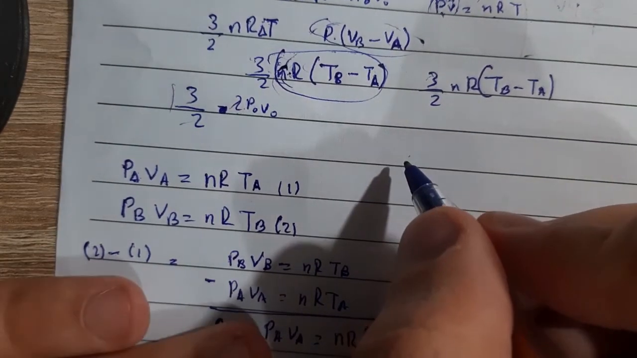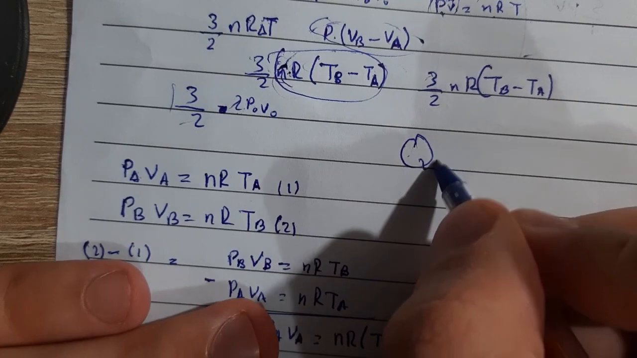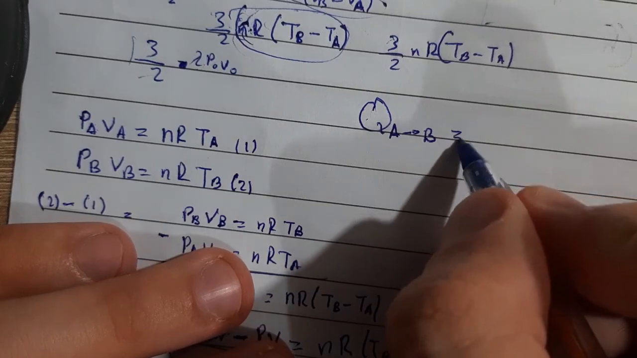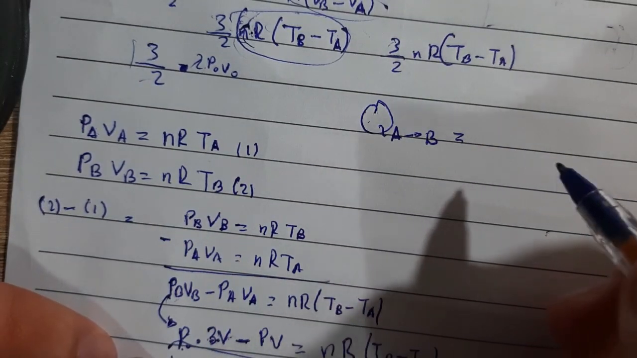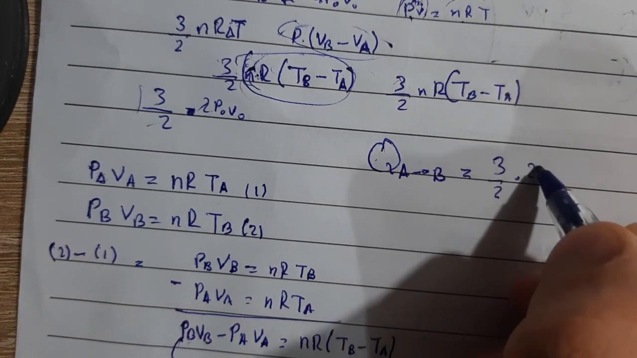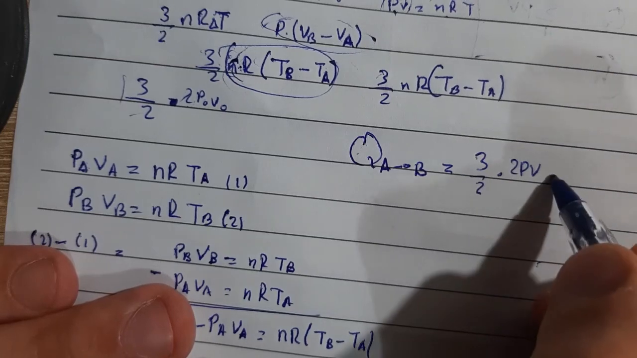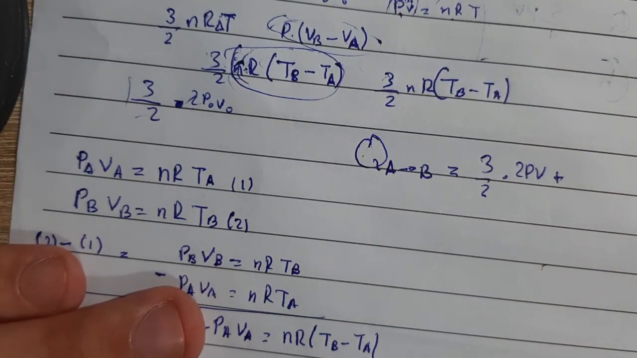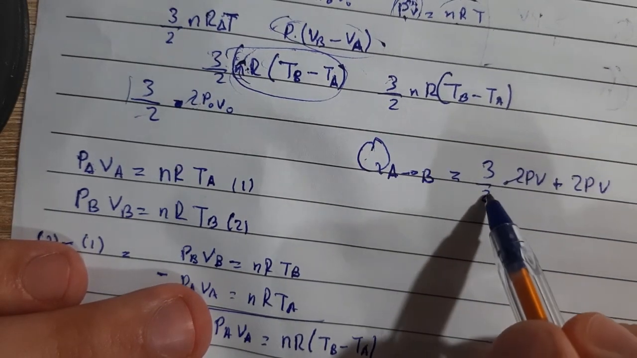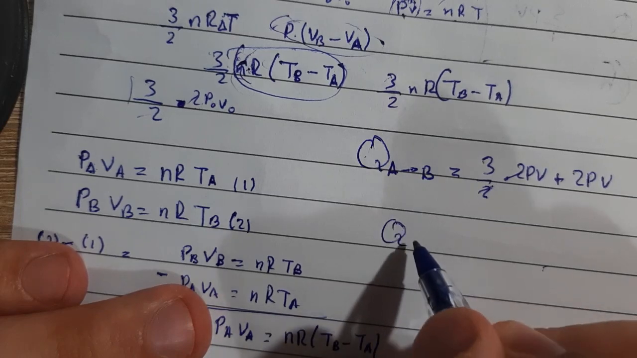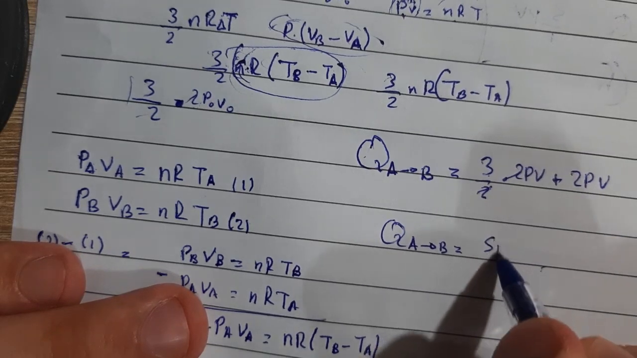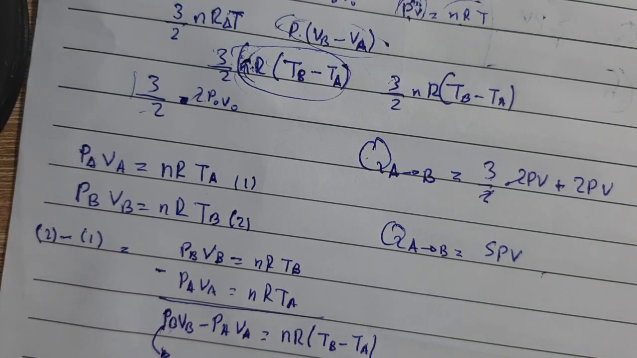So going back, the heat from A to B over here is equal to the internal energy, which we just found. It was 3 divided by 2 times 2PV, plus the work. Well, the work was 2PV, right? So this 2 divided by this 2, and the heat from A to B is equal to 3 plus 2, 5PV. Okay,